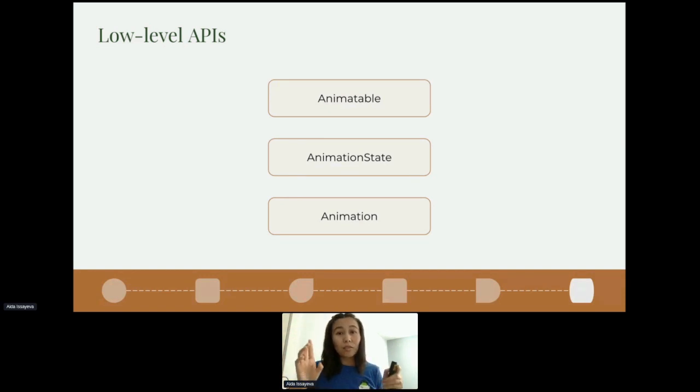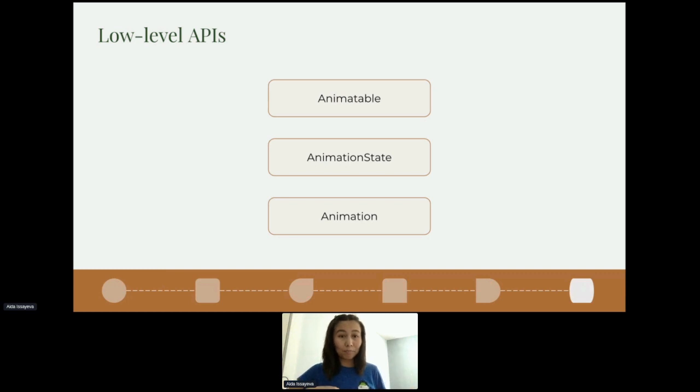Animation, by the way, should only be used to manually control the time of the animation. It is stateless, it does not have a concept of lifecycle. And that's why it is recommended to use any other animations above it, the high-level ones and then Animatable